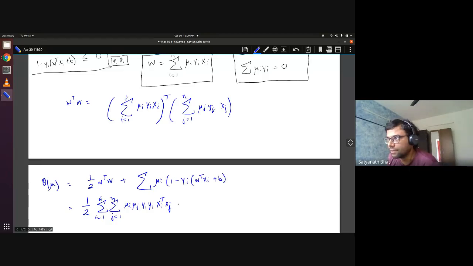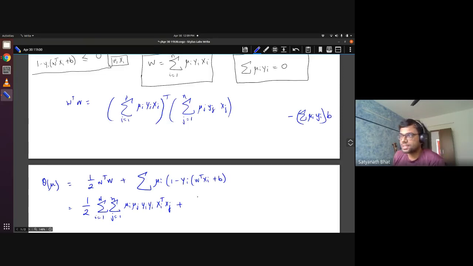So the second thing we will do is open this up also. Let us try to see where mu i yi's come. You will get a mu i yi with this W transpose xi. That you cannot do much with, but if you look at the third term, mu i yi B, you have negative summation mu i yi, and B is something that is common. So you get a term like this for this multiplication. That means that B drops out because summation mu i yi is equal to 0.